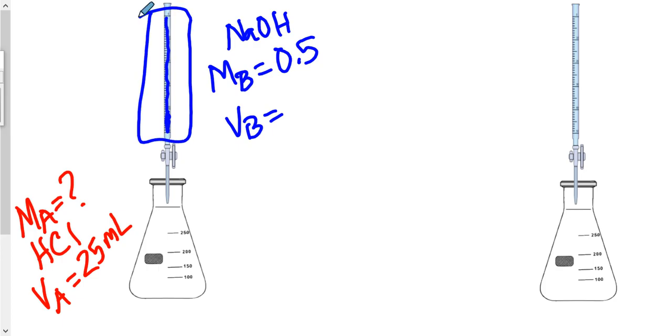This is what we use to figure out the volume of our standard solution. We'll initially start with a transparent solution, but if we use an indicator, let's say phenolphthalein indicator,